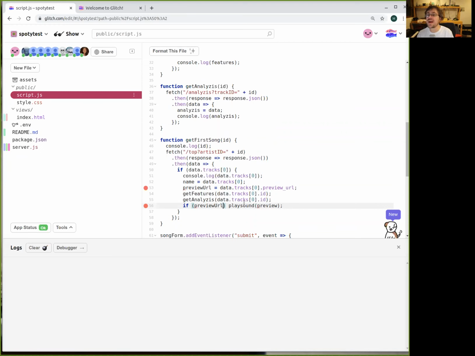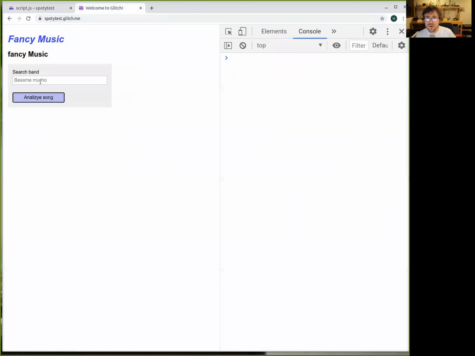So I saw that, and they say the best thing to do is just send it as soon as you get it. So if you don't get anything in that particular search, this is going to have a null, and because it's going to have a null, it's not going to play the sound, okay? Okay, thank you. And if this is working, then I search for Muse.